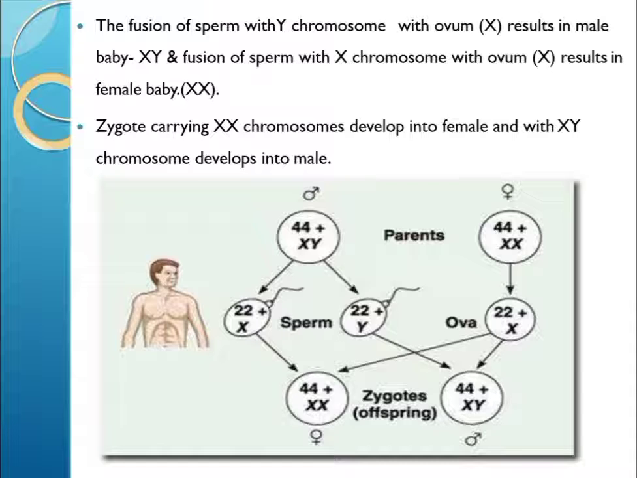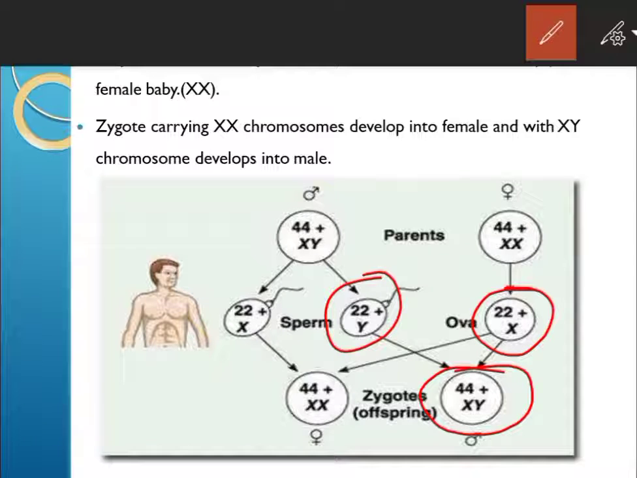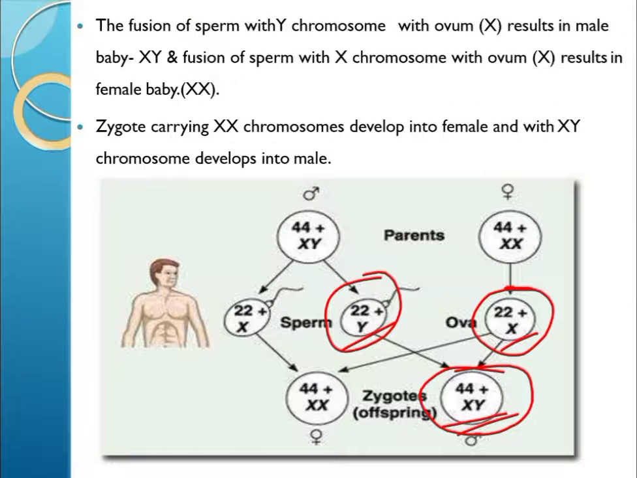You can see in this diagram 22 autosomes plus Y chromosome. That sperm, when it fuses with the ovum containing 22 autosomes plus 1 X chromosome, results in formation of 44 plus XY chromosomes, 1 X from the egg or ovum and the Y from the sperm containing the Y chromosome. So that will result in formation of the male baby which has XY chromosomes,